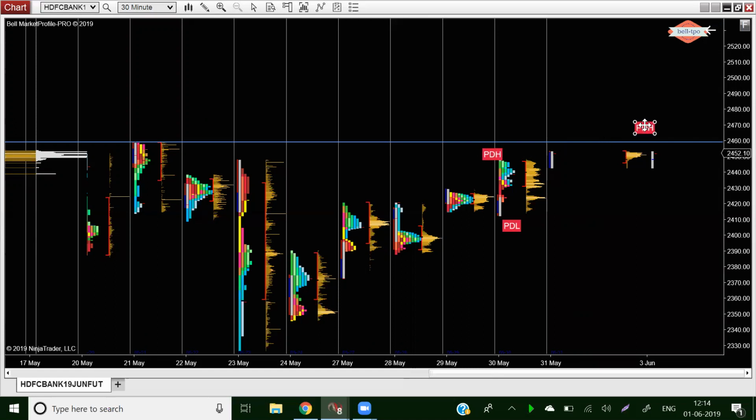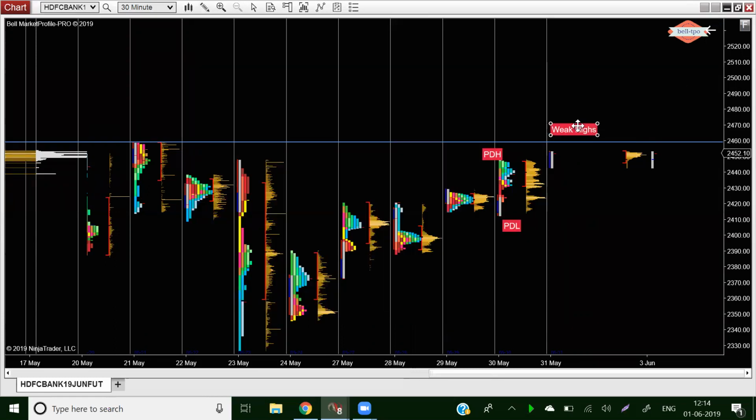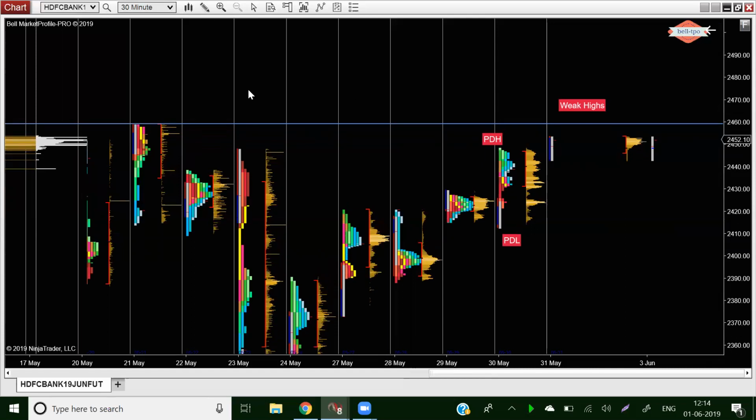Maybe I refreshed the chart so the references have gone. No, it's not an issue. As long as you know that these are the weaker references, you can go and plot them at any point of time. So weak high, right? Let's focus on what happens actually. And this is your previous day high. So the market is trading